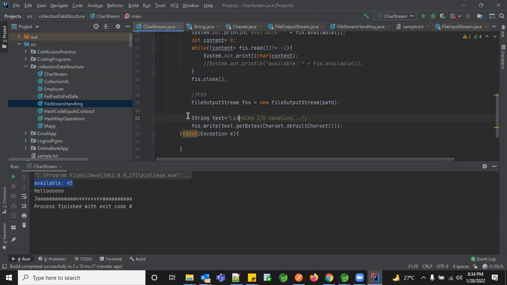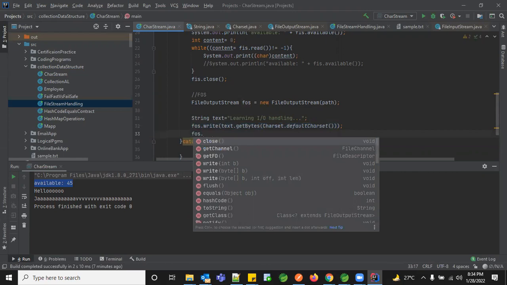I'm going to convert this particular text and then write it into that particular file. So after writing to a file, what should I do? Do I need to close the FOS object, or can I just end up like that? We need to close it.